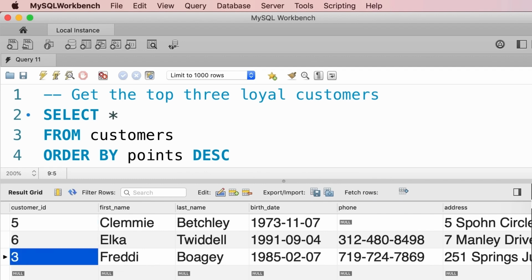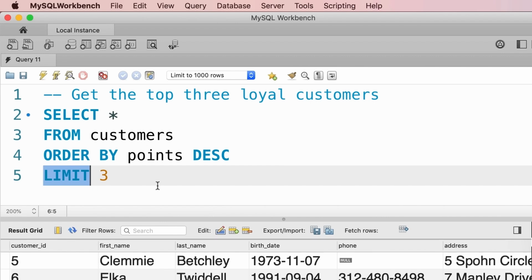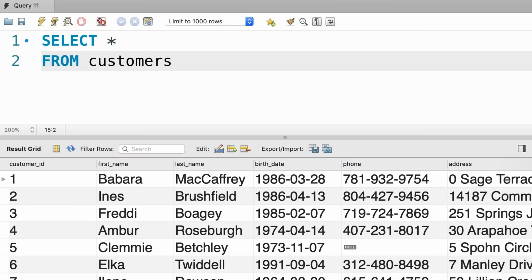Now here's one thing I want you to remember, and that is the order of the limit clause. The limit clause should always come at the end. So first, we have the select clause. Then we have from, optionally, we can have where followed by order by. And finally, limit. The order of these clauses matters. If you change the order, MySQL is going to yell at you, so pay attention to the order when writing